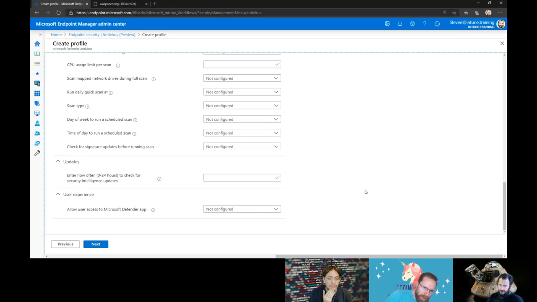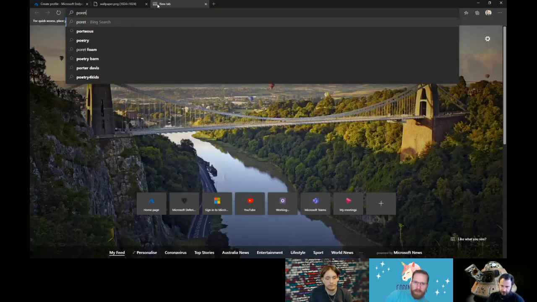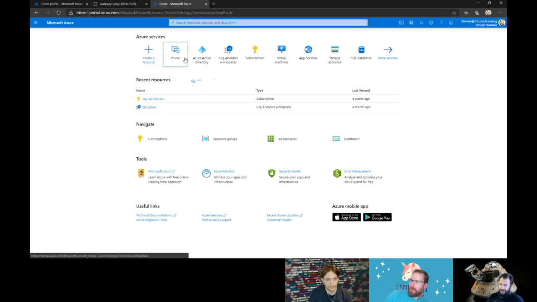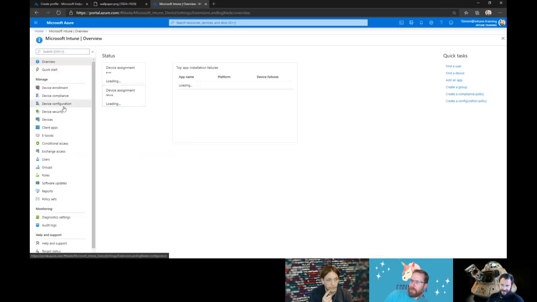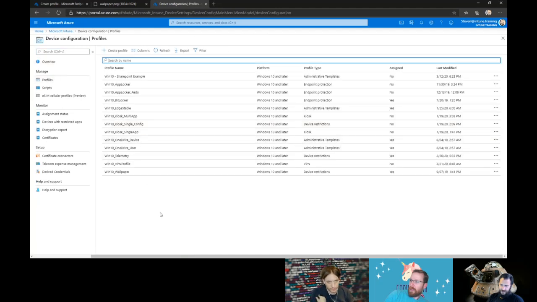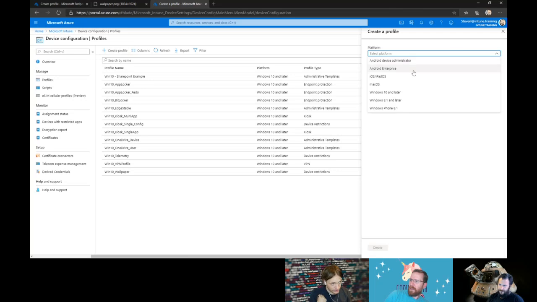So just as a contrast, for the viewers at home, where are the comparable current settings? Where would we go and find those currently? So if we go, let me bring up the Intune. Yeah. So while you're doing this, I want to do a test, because I'm curious as someone who works with this stuff programmatically. I'd like to see where it currently is, and then I'd like to create a policy and then look at the classic portal and see if it appears in this location as well.